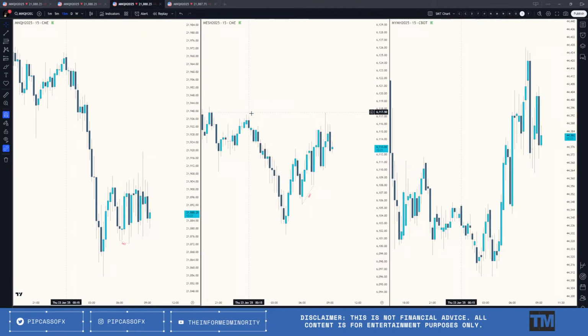Remember, again, we have SMT at these highs, and then we have this small SMT here. I would be more likely to favor this one than this one down here, but it can also play out that way. I just need to make sure, as I'm watching, if we get a mixed open again, that's also letting me know something. So I'll be a lot more patient than normal if we're not getting the same move or same signature in price across all three, but mainly NQ and ES. So that's what I'm looking for.